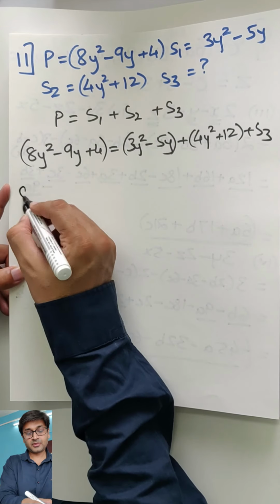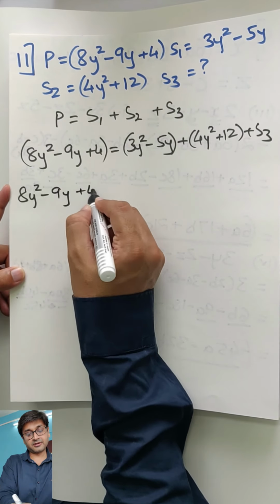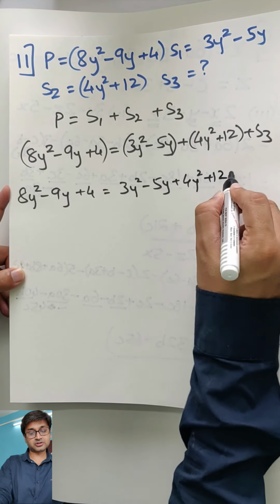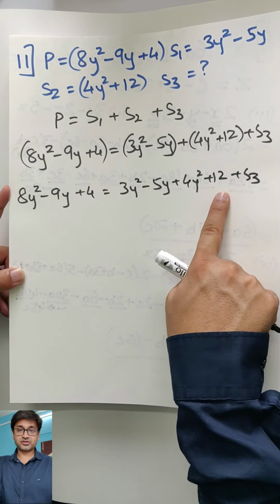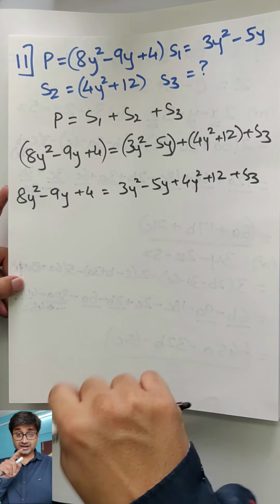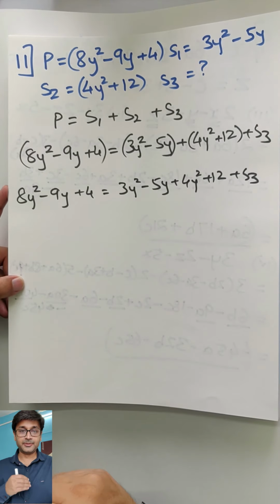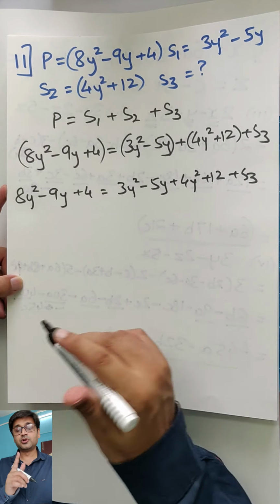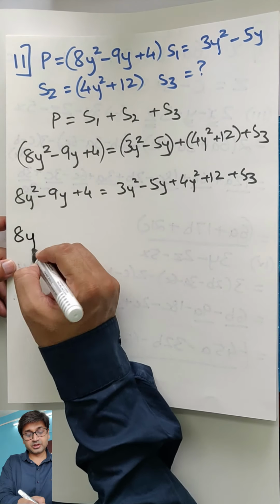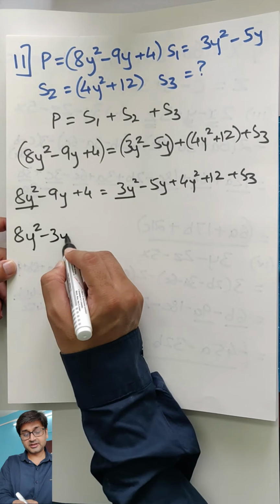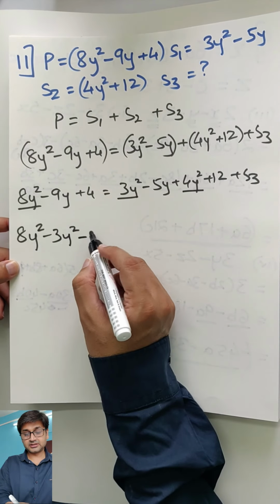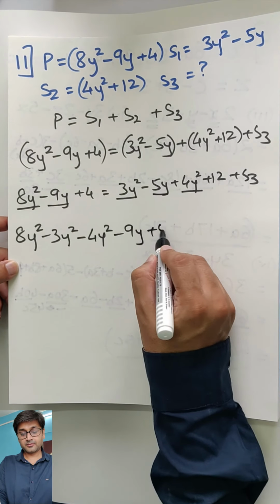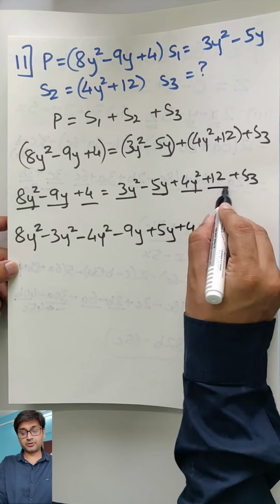Open your brackets now. So 8y square, (9y plus 4), (3y square, 5y), (4y square plus 12) plus side 3. Here nothing changed. Then why did I tell you to put brackets? So that later on when there is minus, you have the habit and you don't go wrong. There is no harm if you write one extra step, but there is harm if you do not cultivate a habit. Okay. So 8y square minus 3y square plus becomes minus 4y square minus 9y plus 5y plus 4